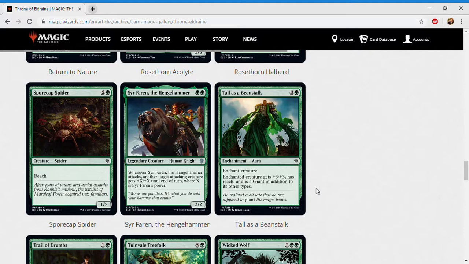+3/+3 is a lot, plus reach. So if in your green deck you have very little flying defense, this can get you there. But unfortunately, it's an aura, which has the downside of, if they kill your creature, you just got 2 for 1, which feels awful. But if they can't kill your creature, then this just gets you there. So +3/+3 is huge. So yeah, this one just gets a C, and you're probably going to look to cut this more often than not, unless you want to make big